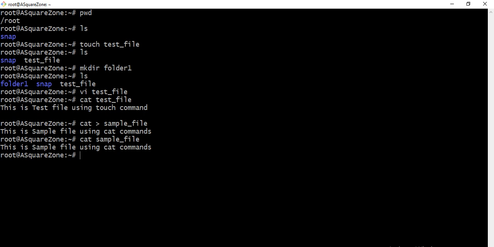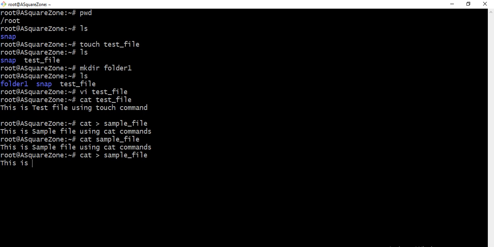This is sample file using cat command. So two differences we observed. Using the same command as earlier, sample_file, that file did not exist in this location. That's why it created a file for us. Now if we write the same command, cat greater than sample file, and execute it, it overrides the text.